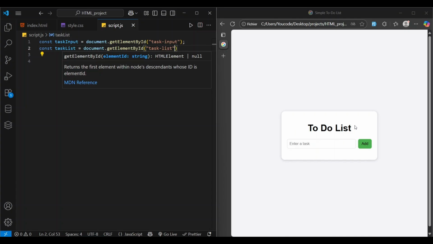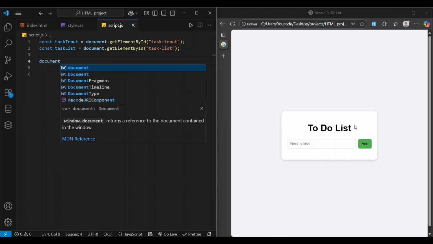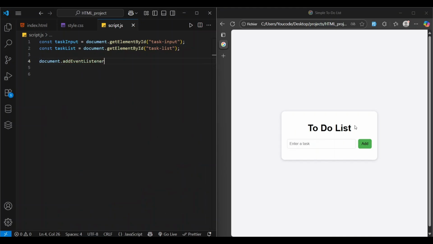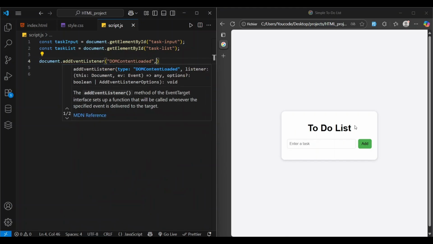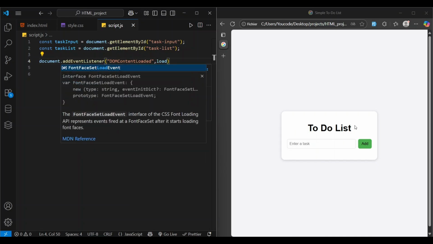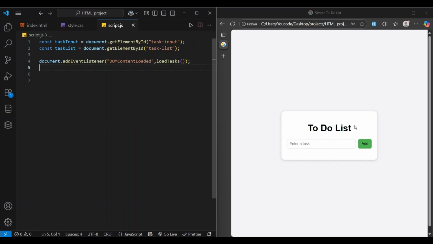taskList. Now we will also add an event that loads tasks from local storage. So let's write document.addEventListener, DOMContentLoaded, and the function loadTasks. Don't worry, we will create it later. Now let's create our addTask function. When we type something in the input and click on the add button, it will save the task into an array and also into the browser local storage,